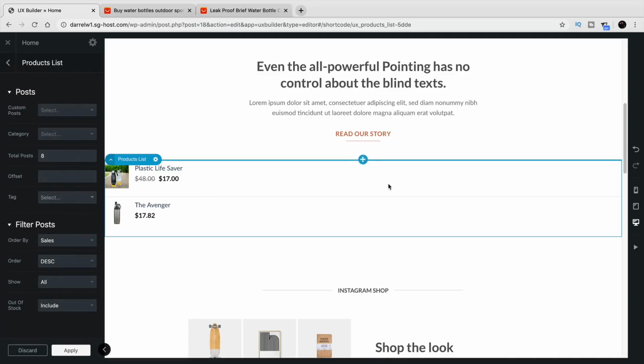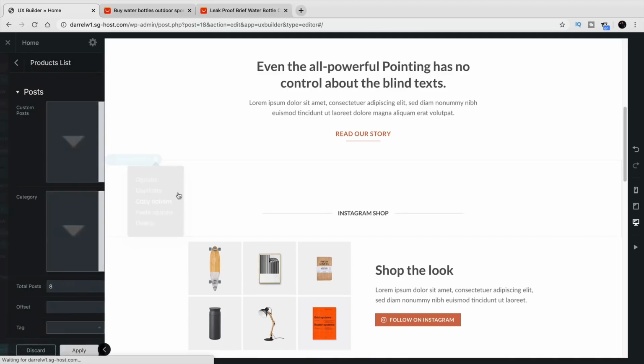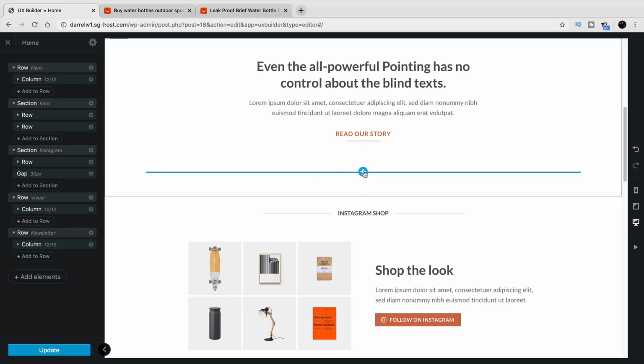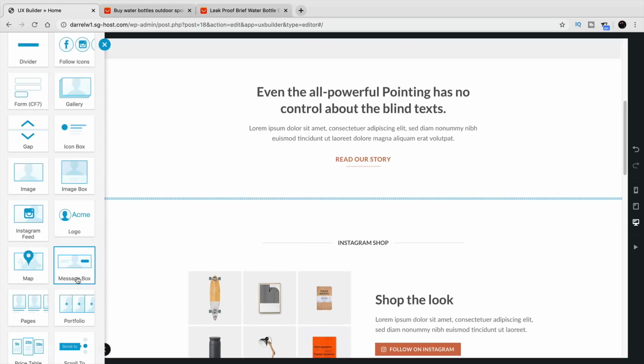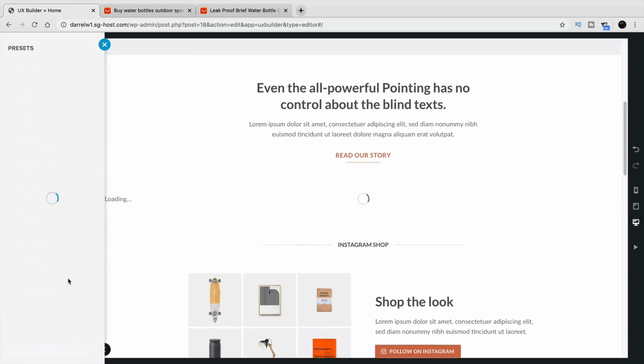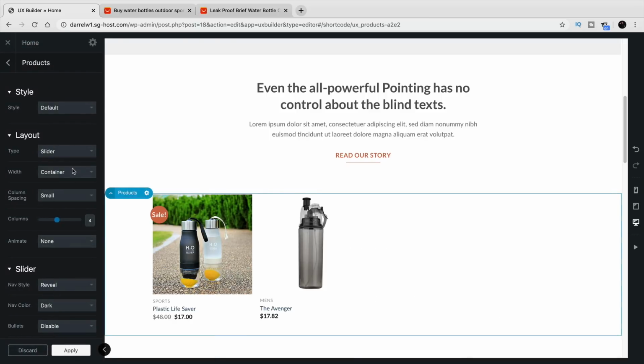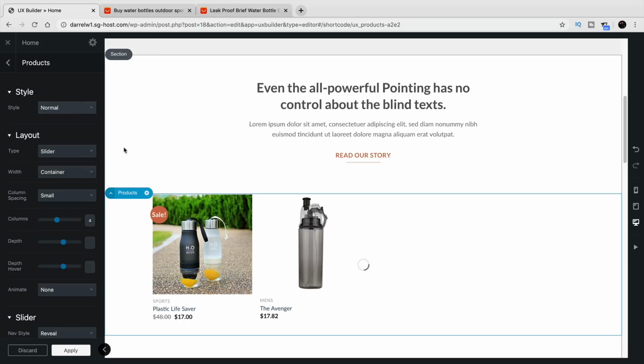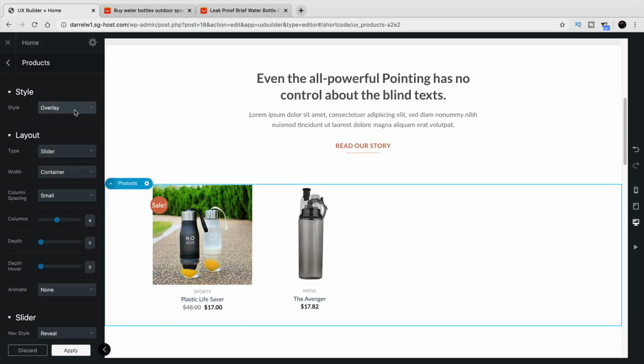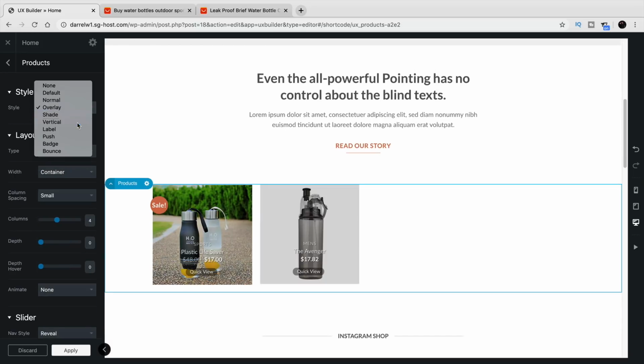You probably want to put something in the middle, or you might want to change the style of this, but I'm going to go ahead and delete this really quick, and click on plus and go over here to products. All right, and click on apply. Now right here we have different styles. So we have normal style, we have overlay, really cool, vertical,